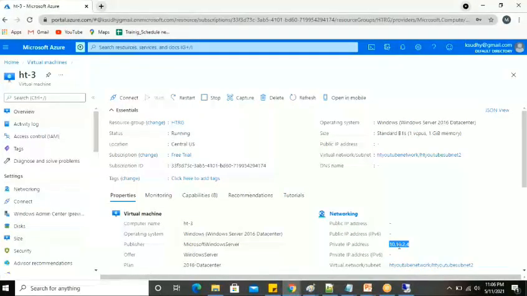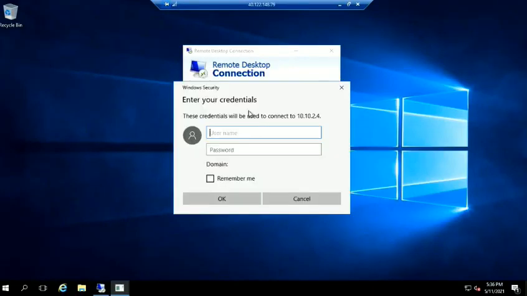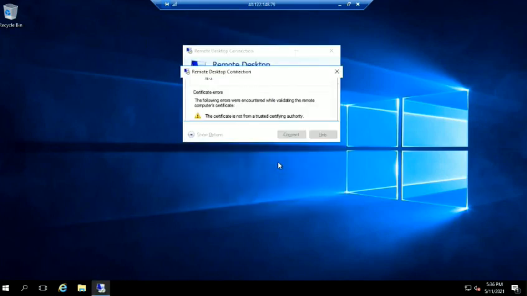So the IP address I'm just going to copy, 10.10.2.4. Connect. So username going to be Mohan and password will be given. Locally, I'm able to connect with the machine now.